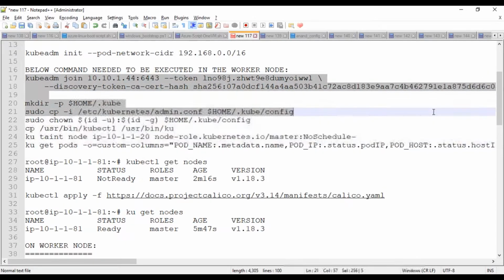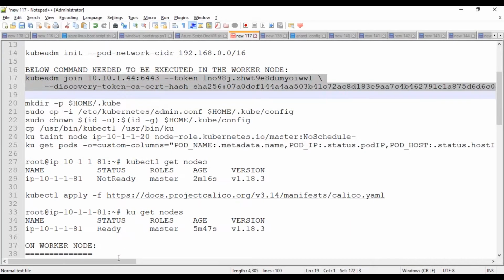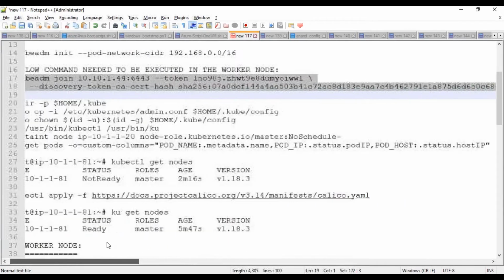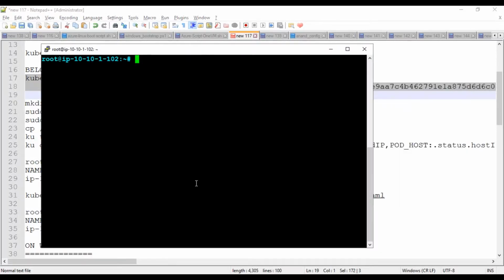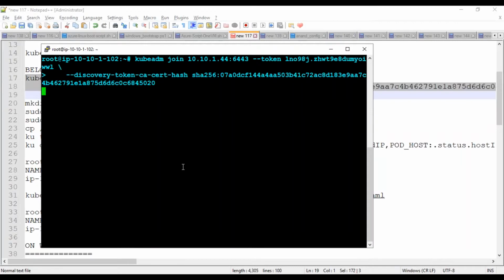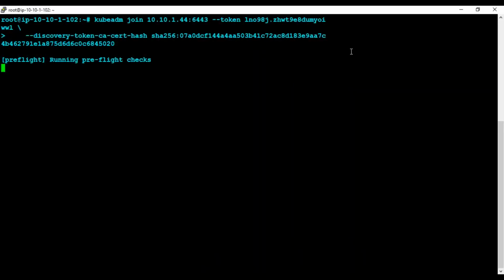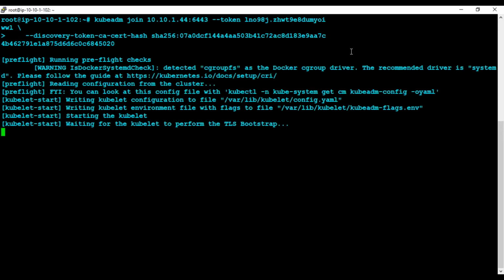So let's try to do one thing. I'm going to copy it and go here. It's running the pre-flight checks, so let's see what it is going to show. And the kubelet